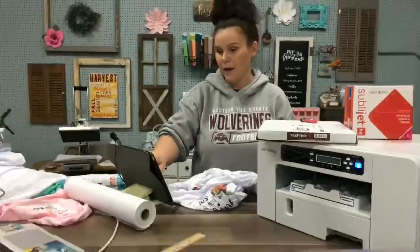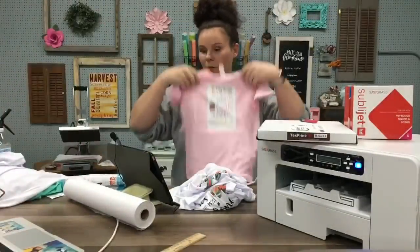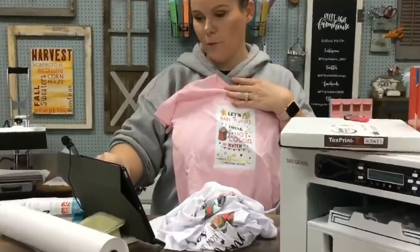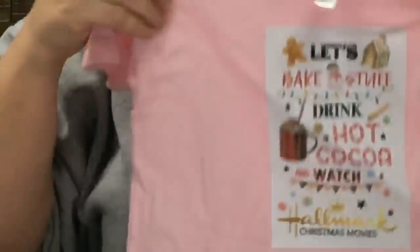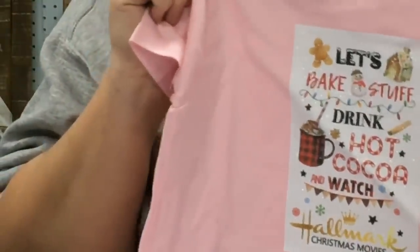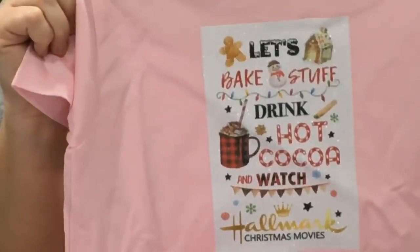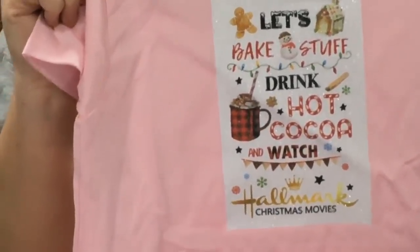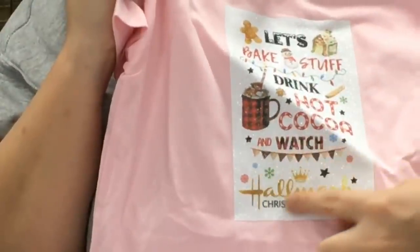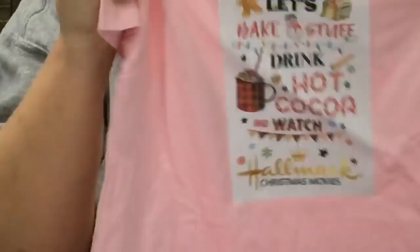Let me zoom you guys back out here. Sorry, super fast. Oh, and then I forgot the little kid one. Let me zoom you guys back in one more time. All right, here is that little kid one, which I've already put a wrinkle in. So here's that. Maybe you guys can see that sparkle now. Super cute. So let's bake stuff, drink hot cocoa, and watch Hallmark Christmas movies. And look how it even gives you that gradient of color. So this one's got a darker gold to a light,